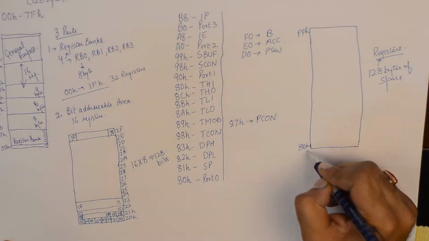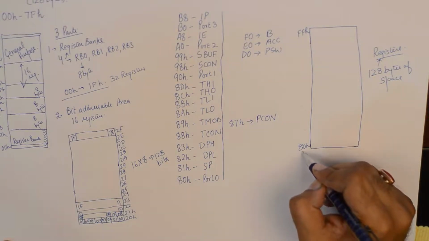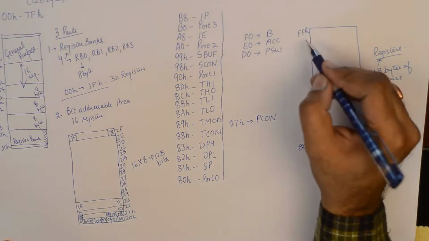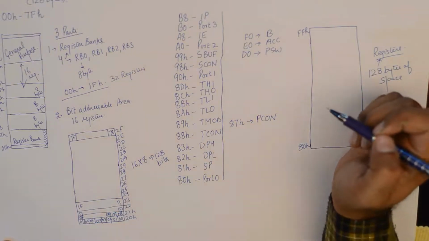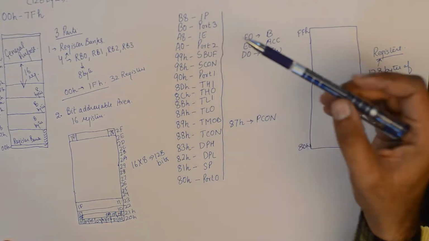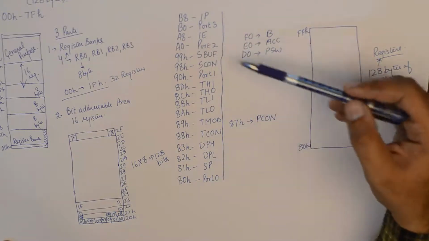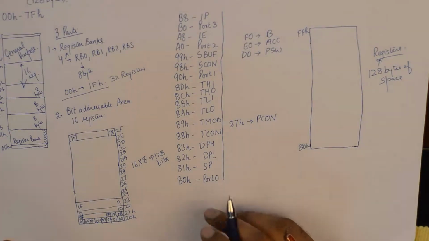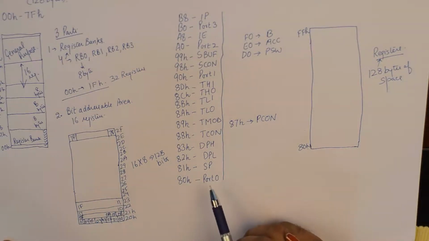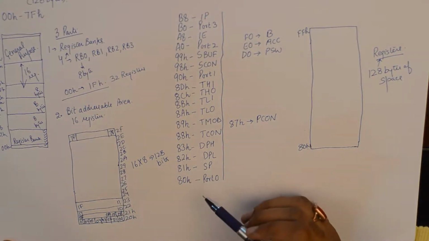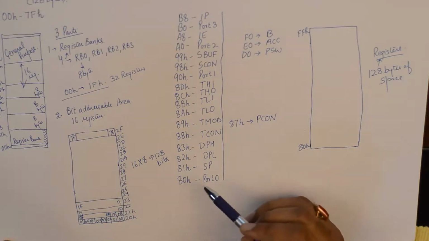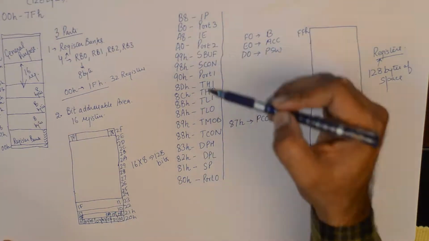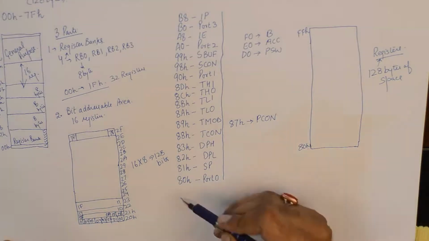Now within the range of these addresses 80H to FFH, we have a list of 21 SFRs. You could pause this video and note down the register addresses. I've tried to arrange the registers in ascending order. It is starting from 80H,